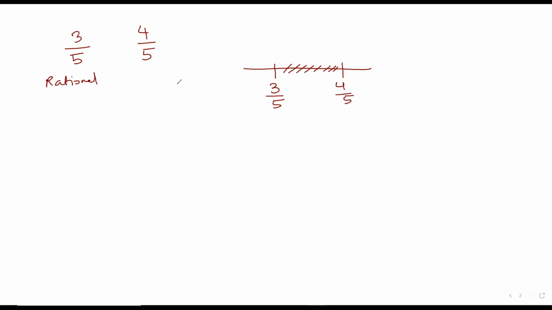All right. So what we can do is, now if you look at the number line, Veer, can you tell me how we can find an irrational number between these two? Ma'am, I guess we can. It's okay, even if you're wrong, it's totally fine. Just tell me what you think. Ma'am, I have no idea.